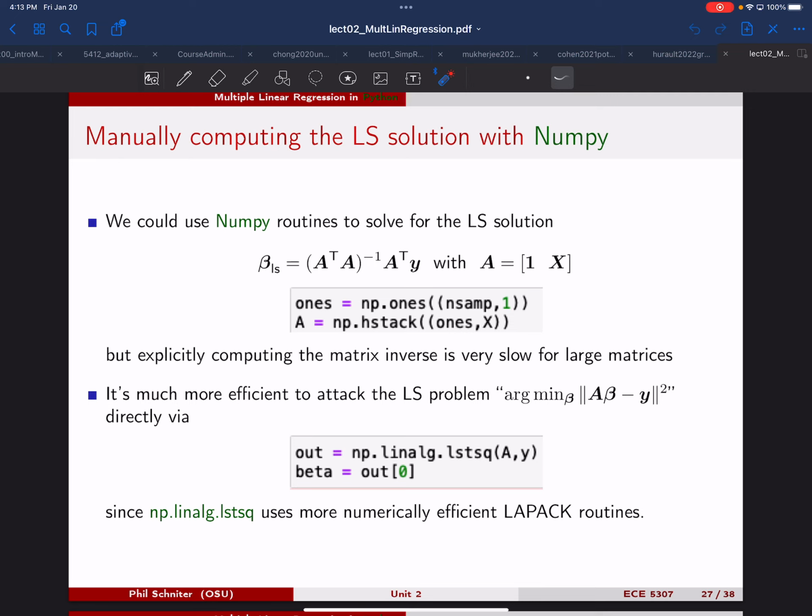It's not the best method, as I'll talk about, but if you wanted to do this, what you would do is you would first need to create this column vector of ones. And so here we're creating a matrix of nsamp rows and one column. And then we're using this horizontal stack command to stack that to the left of our X matrix